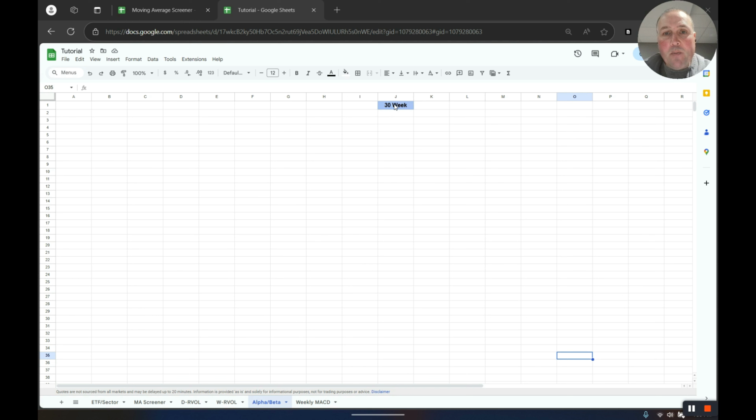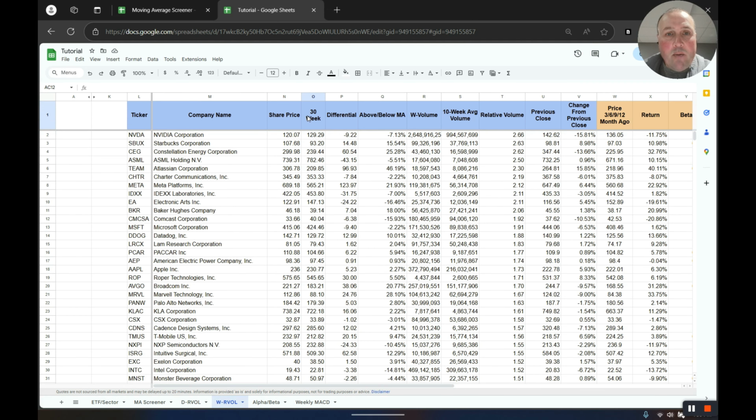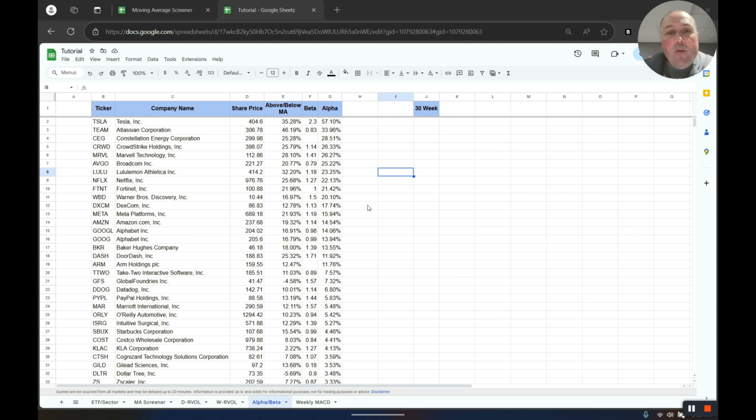So in J1 here, I would just put in equals, and we go back to our vol tab, and we just want to get what period we're looking at. So we know if it's the 10 week, 30 week, etc. So that's just going to be equals, and you want to grab O1 here. And the way we pull this over so we get it in descending order so we can see what has high alpha but low beta is we just go ahead and right here in cell B1 type equals query, open